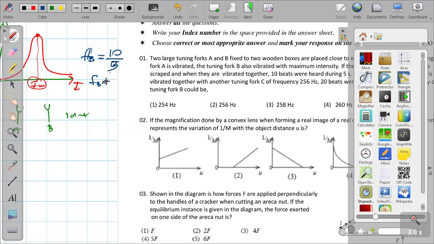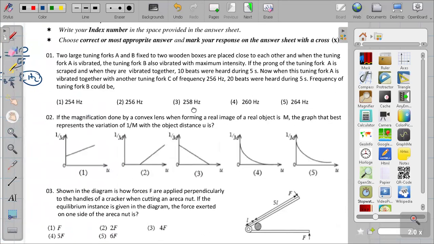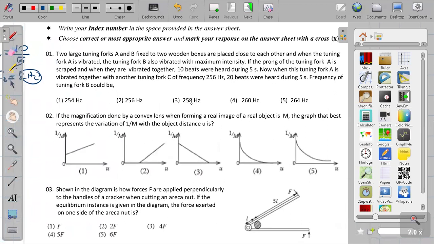So this is 2 hertz. Now, then the tuning fork A is vibrated together with another tuning fork of 256, 20 beats for 5 seconds. The beat frequency is 20 over 5, which is 4 hertz. Frequency of tuning fork B could be, in the first case,